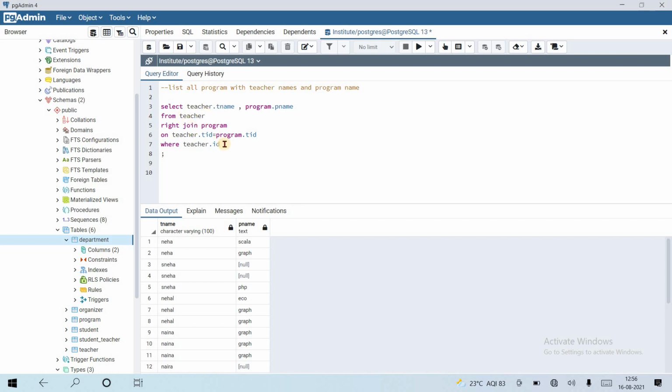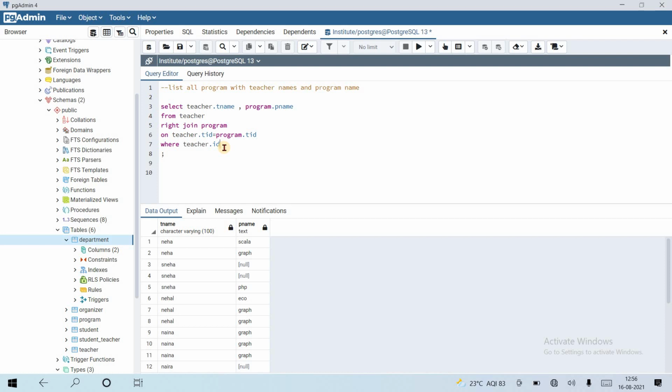So if this condition doesn't match with any row, then it will return zero rows. Otherwise it returns all program columns and the matching teacher. Okay, let's see.